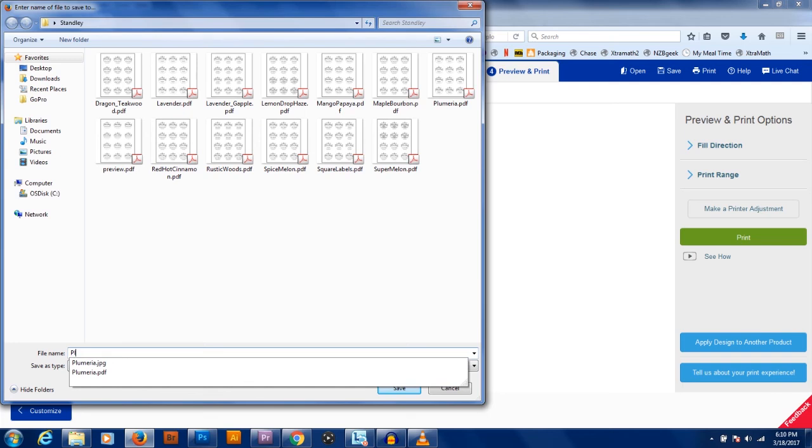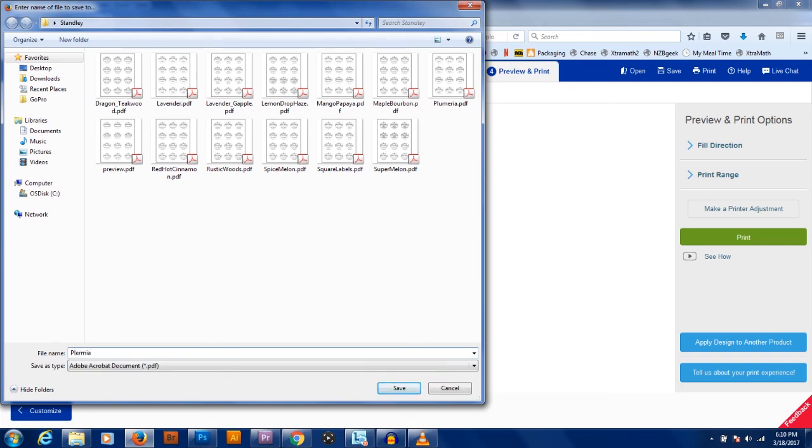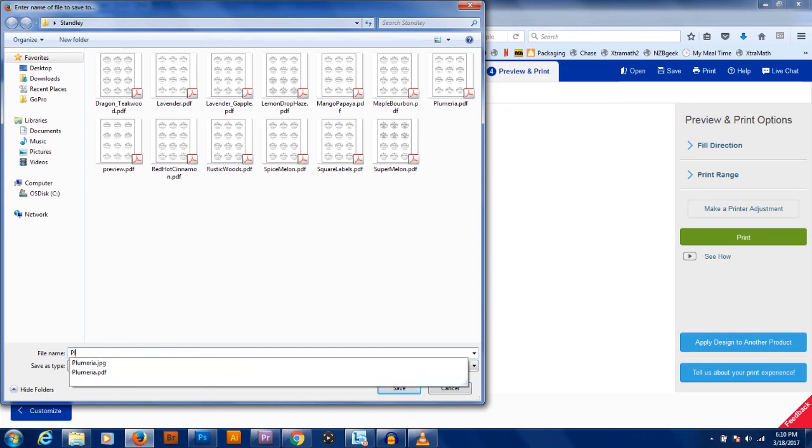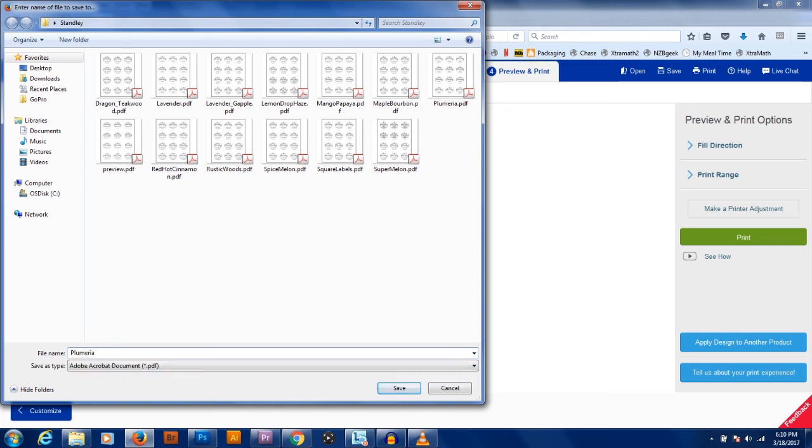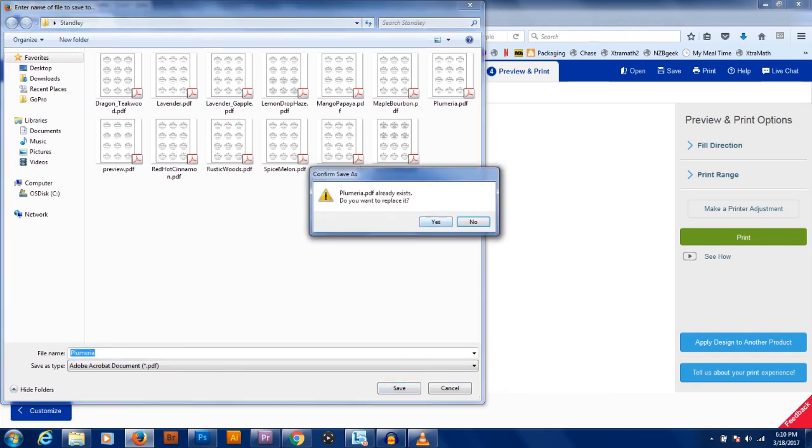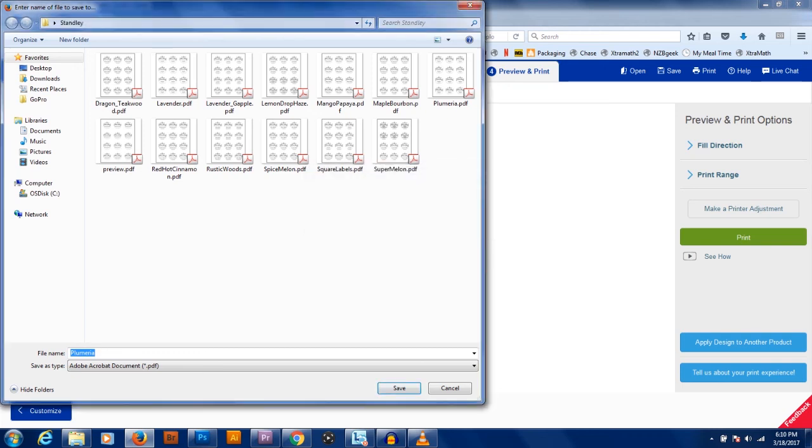So I'm just going to go ahead and name this one Plumeria. Whoops, if I could actually spell it right. Plumeria, and then we'll go ahead and hit save. Actually, I better rename that because I already have one. I'm going to go ahead and rename it Plumeria 02. Go ahead and click save. And then from here,